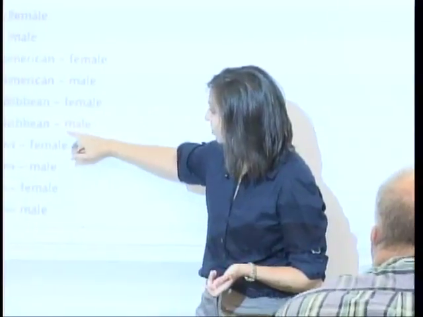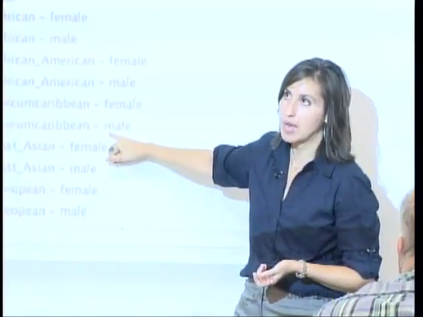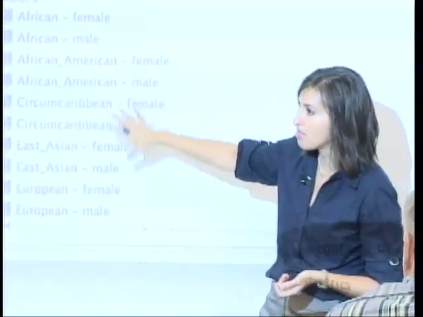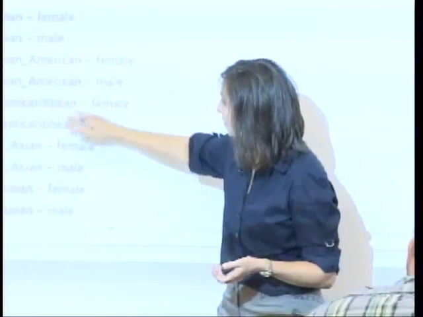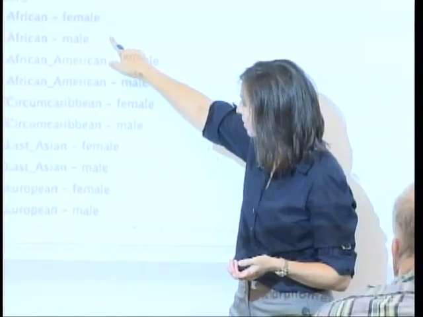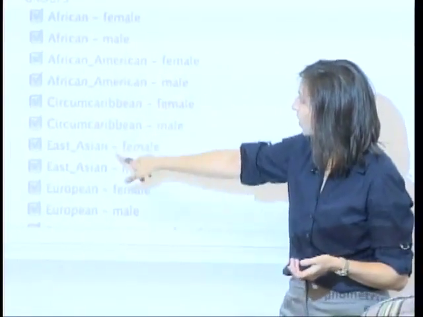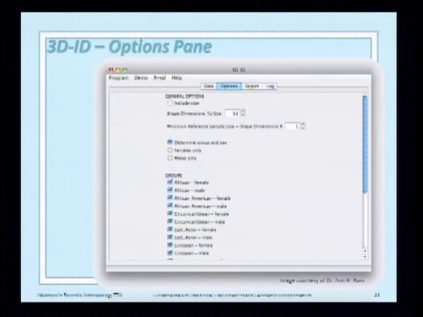I would go in here and look at the groups. We only have a few in the Circum-Caribbean area right now. I believe it's Panamanians, and a couple of Bahamians are in there. So know the demographics of your population, and then you can click some of these areas. Africans might still be skimpy. So click what you want, and then you just hit process. Okay, and it should give you